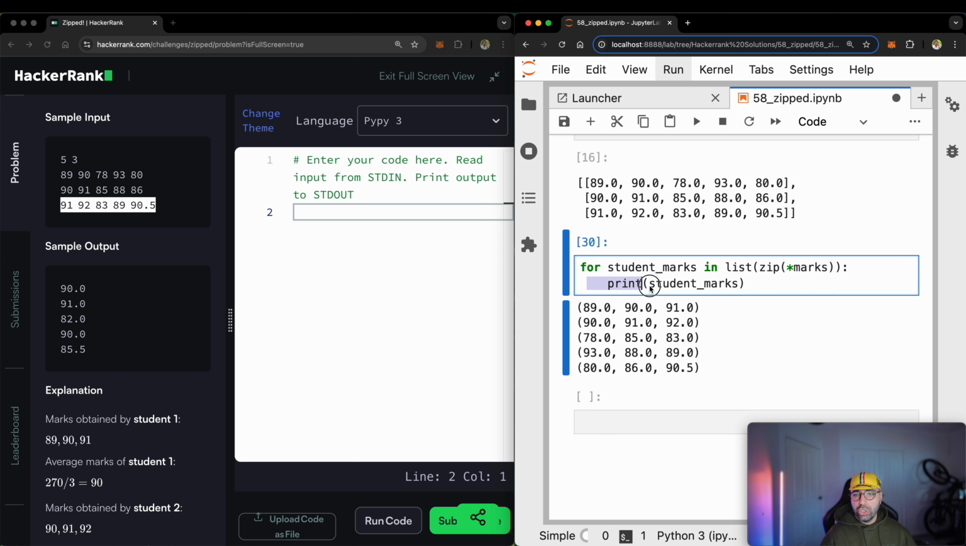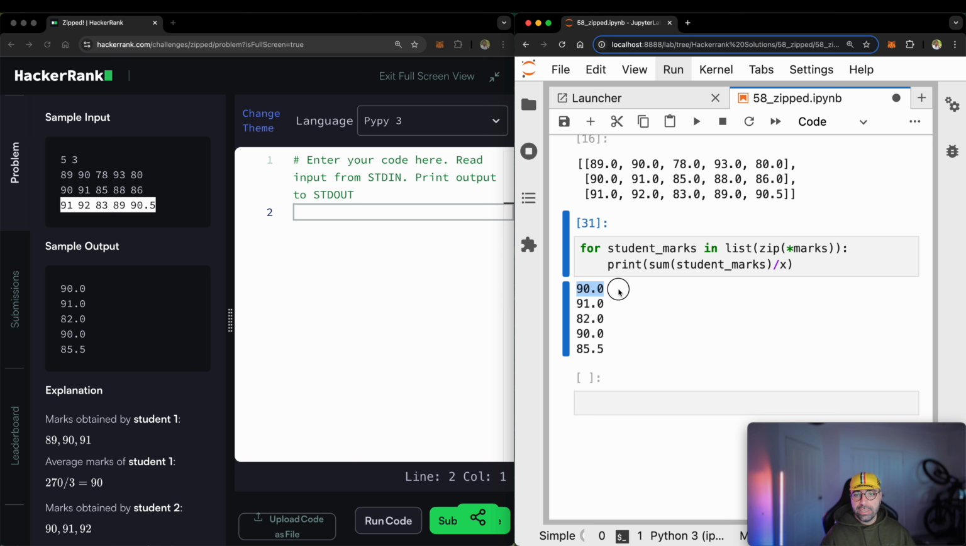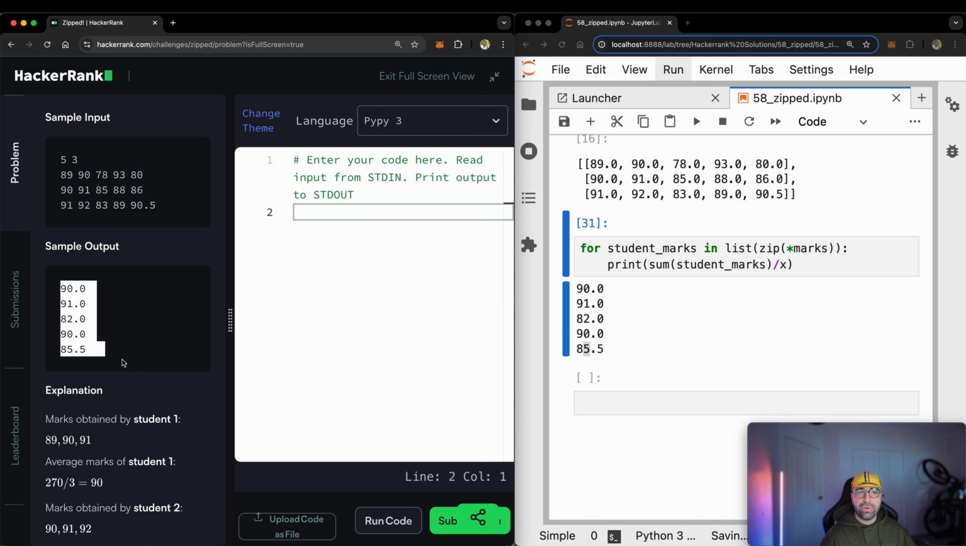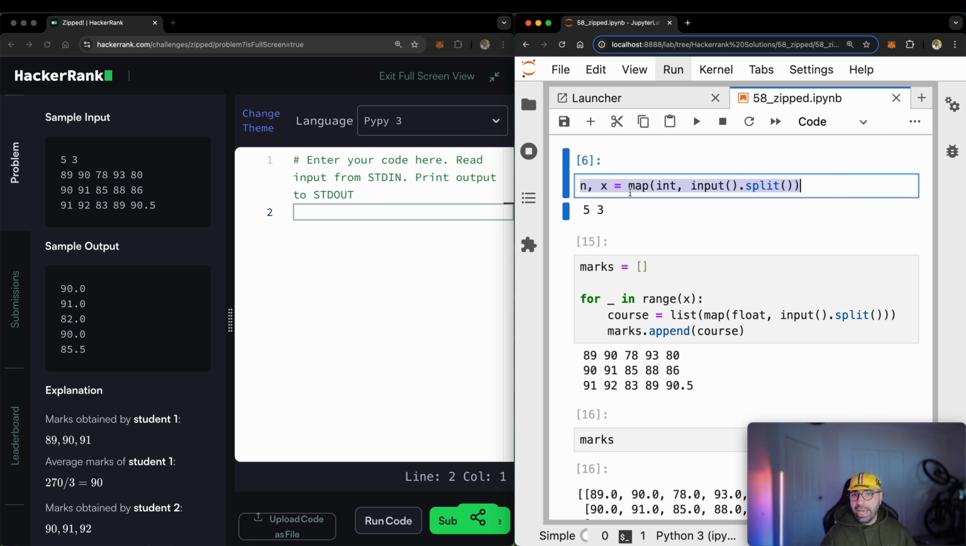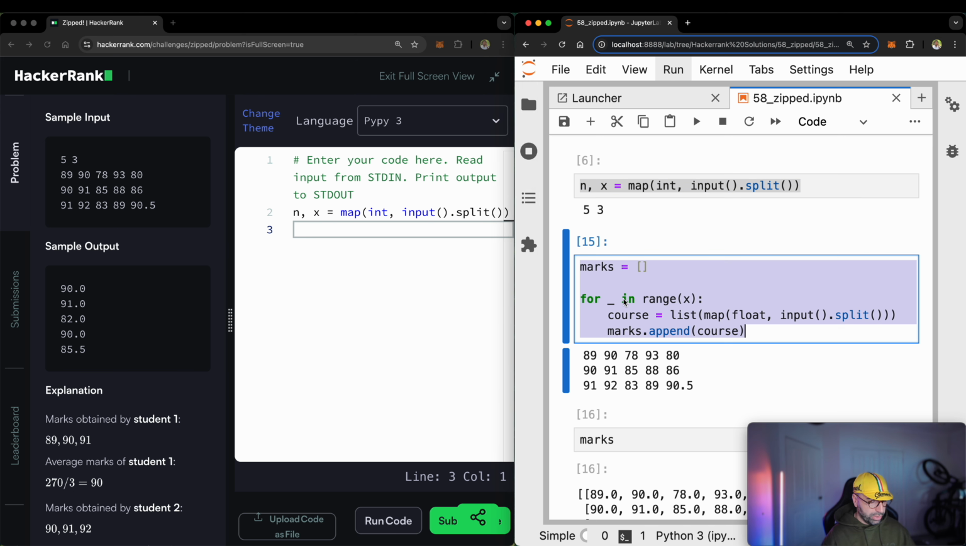Now that I've got the student marks, all I need to do is to take the sum and then divide by X, by the number of courses. You will see that I'll get 90, 91, 82, 90, and 85.5. That's exactly the output that Hackerrank is expecting from me. So what I will do, I'll go up and start copying the code line by line into Hackerrank. So copy that,